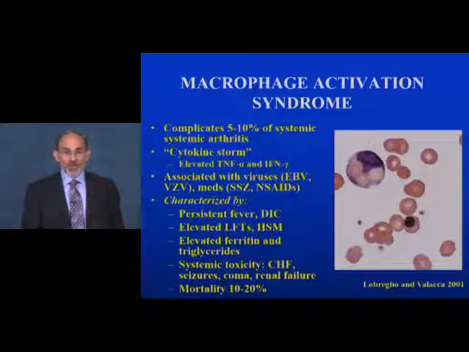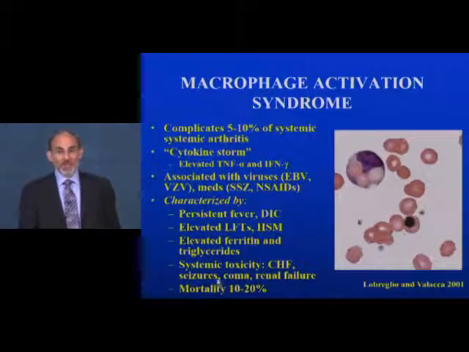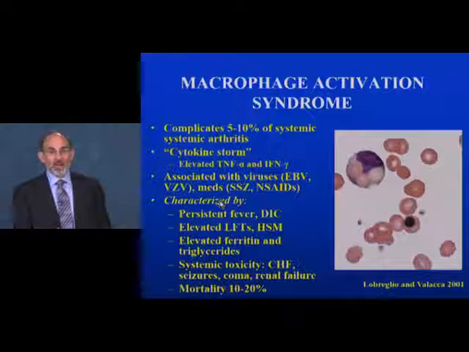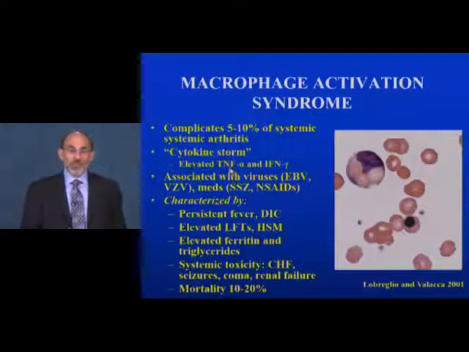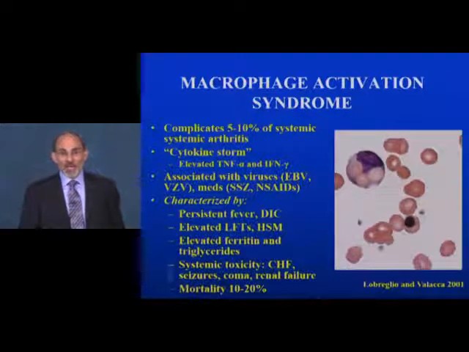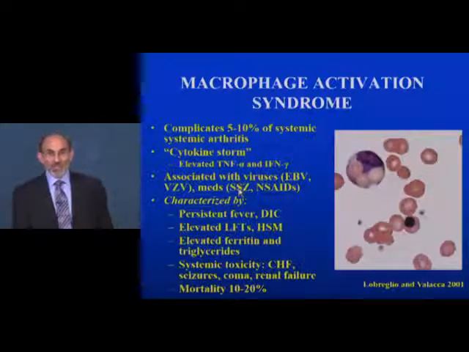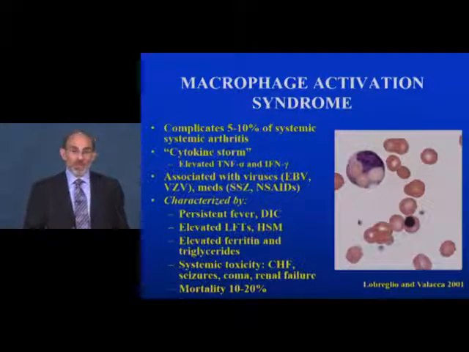It says here that the mortality is 10 to 20%, but without adequate recognition and therapy, the mortality rate is actually 50%. It's characterized by a cytokine storm with an explosion of several cytokines, including the pro-inflammatory cytokine TNF-alpha and interferon gamma. And it may be triggered by viruses, especially the herpes viruses, or certain drugs. And so, not surprisingly, this drug in particular, sulfasalazine, is verboten in systemic arthritis because it may trigger this severe